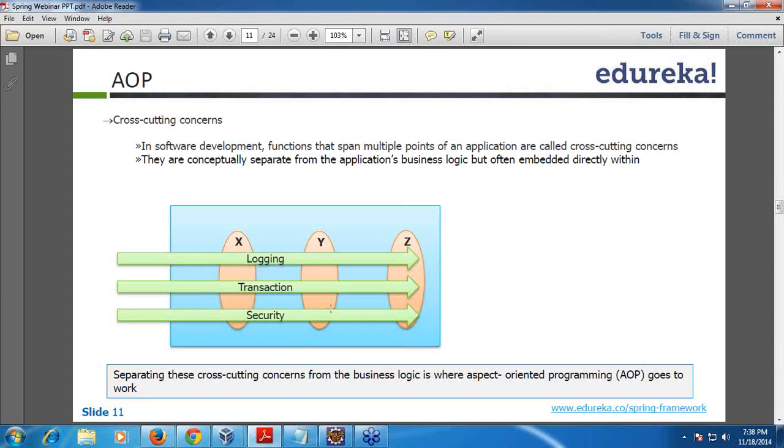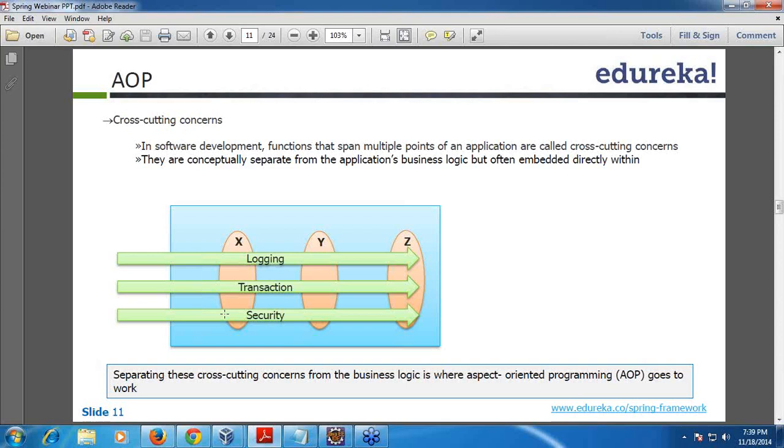As I said again, cross-cutting concern, right? After development, functions that span multiple points of an application are called cross-cutting concerns. For example, logging. You may have to use a logging function in many places, right? They are conceptually separate from the application's logic, but often embedded directly within it, correct? Transaction and logging are all separate concerns, but we use them inside each object.